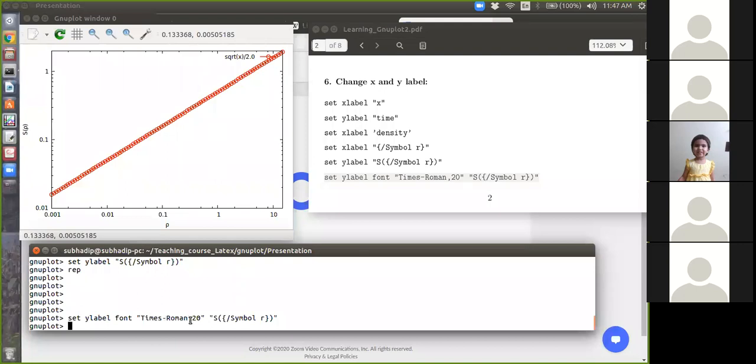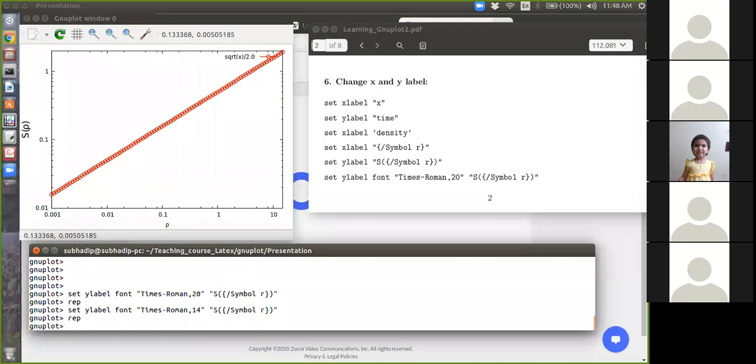So Times Roman, then comma, then 20, then space, then whatever you write will appear in the Y label. Okay, so let me replot. Yeah, you can see. So this is Times Roman 20. You can decrease the font size. Say if you want 14, then replot. Yeah, it is 14.